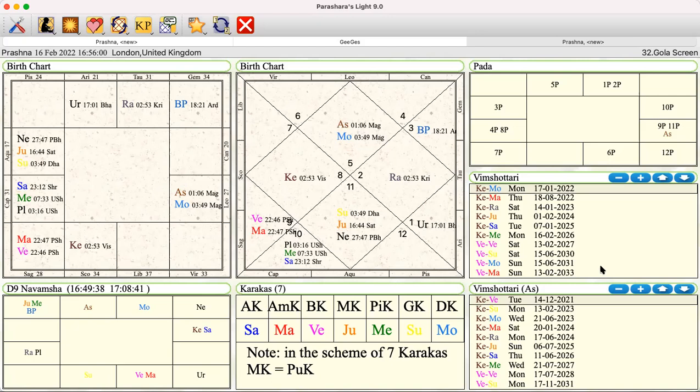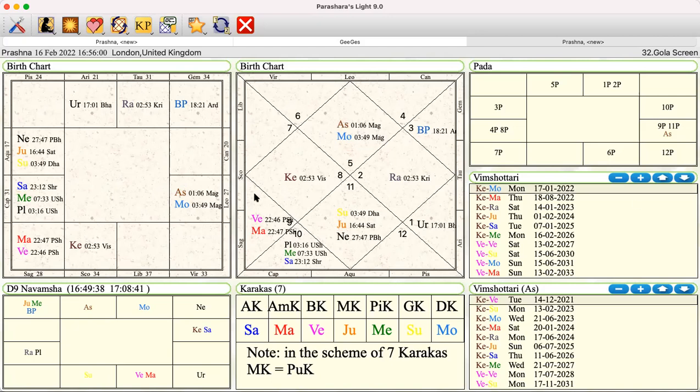In Vedic astrology, not only do we look at transits to see what's happening, but we also look at the dashas, because dashas show what karmas we are working through at that particular time. We always look at the moon for this. When we are born, whichever nakshatra the moon is in, the lord of that nakshatra is the actual dasha lord.